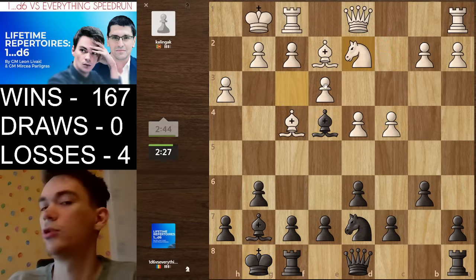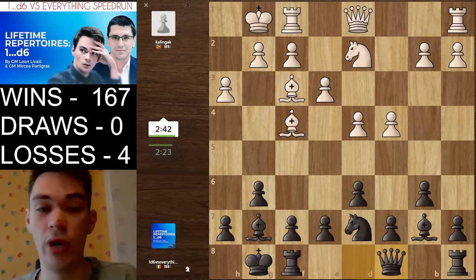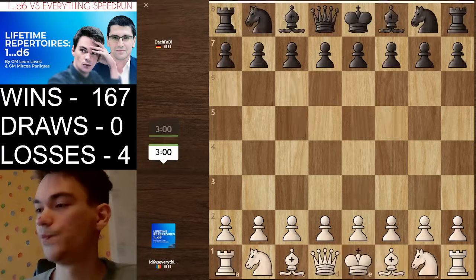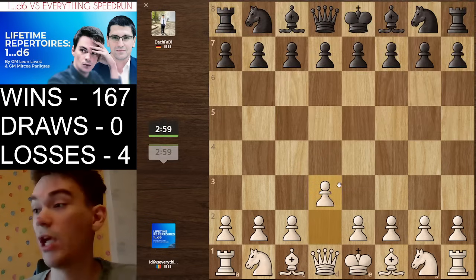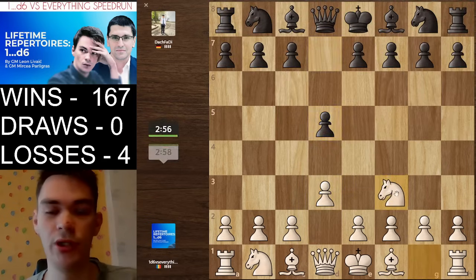And here it's absolutely fine. I would already choose black, and I've played this many times already. Okay, let's keep going. Okay, it was time trouble. My opponent blundered. The position was already relatively hard, so...